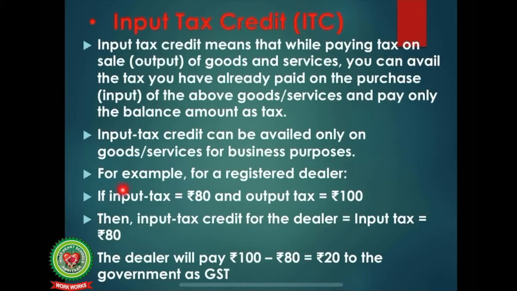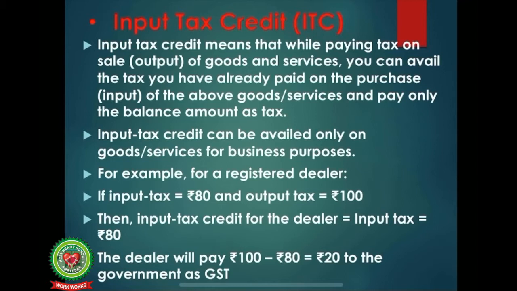For example, for a registered dealer, if the input tax is equal to rupees 80 and the output tax is equal to rupees 100, then the input tax credit for the dealer will be equal to the input tax, which is equal to rupees 80. And the dealer will pay rupees 100 minus rupees 80, which is equal to rupees 20 to the government